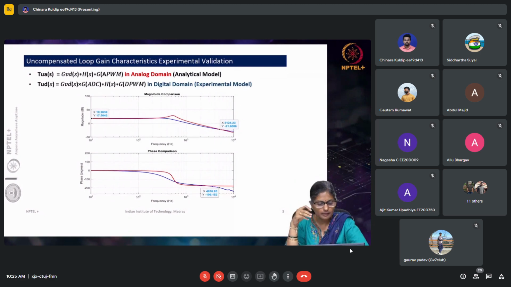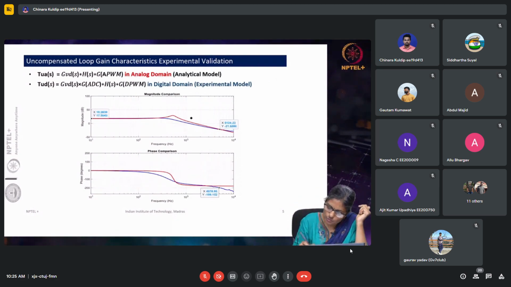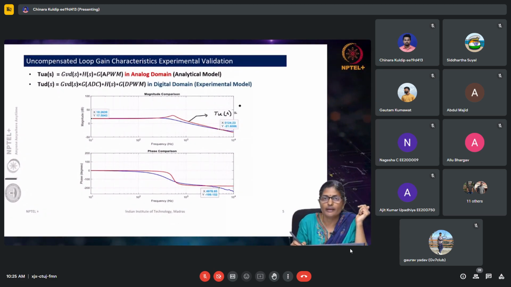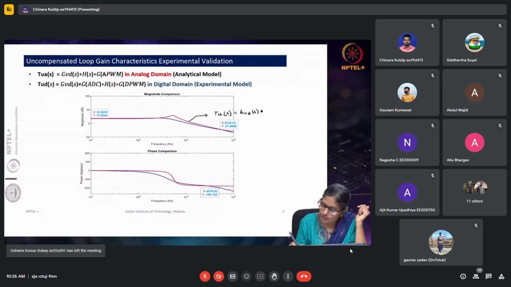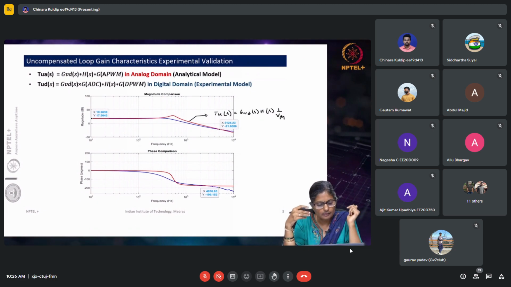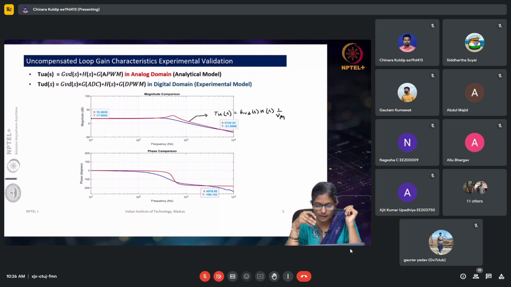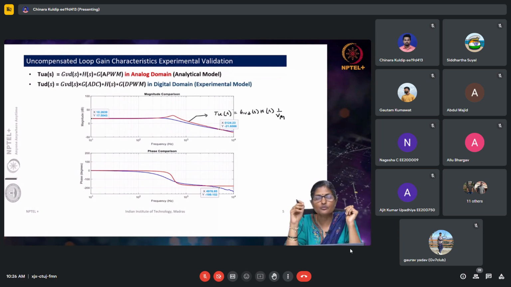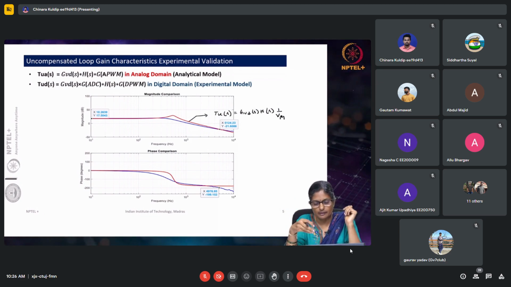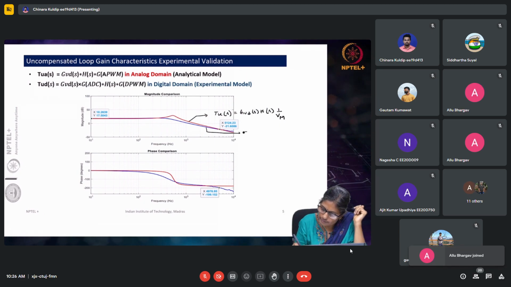If you see here, the red plot gives the analytical uncompensated loop gain in the continuous time domain. This red plot is Tu of S in the analog domain, which will be GVD of S into H of S into 1 by V. Now in the digital domain, I will consider my compensator GC of S to be equal to 1, and the uncompensated loop gain is measured using the software frequency response analysis tool for the converter shown in the earlier slide. This is what is observed in the blue plot. So, the blue plot is the measured